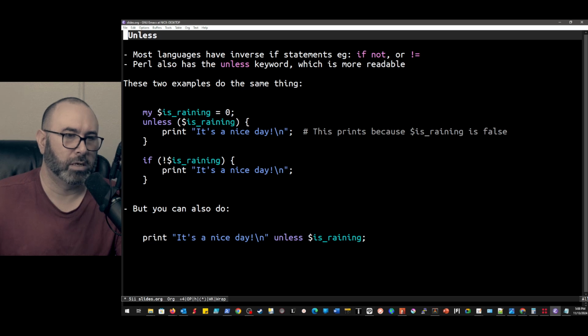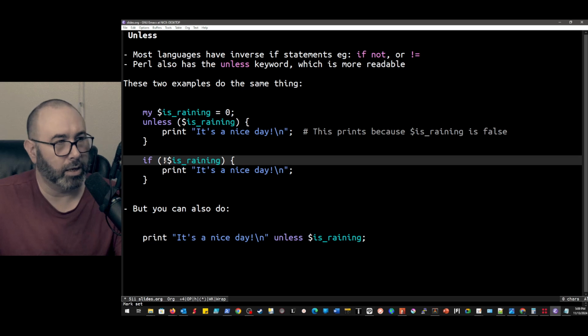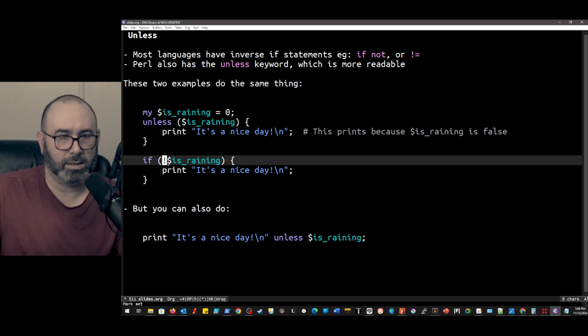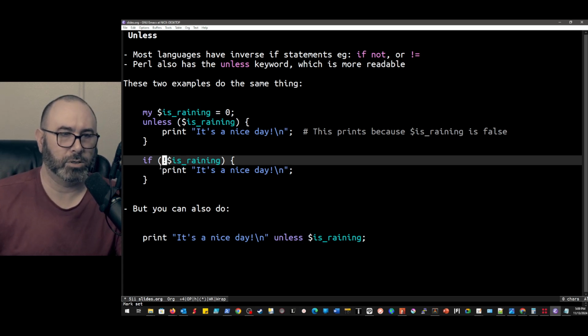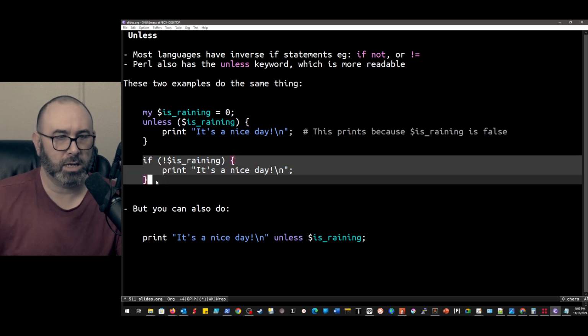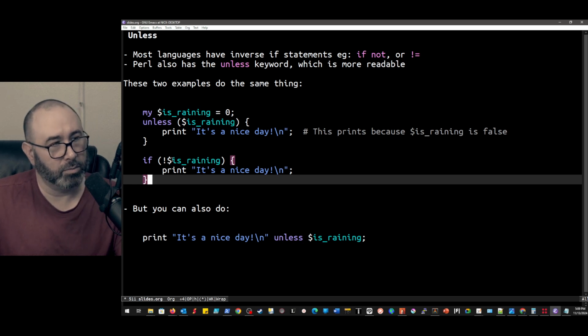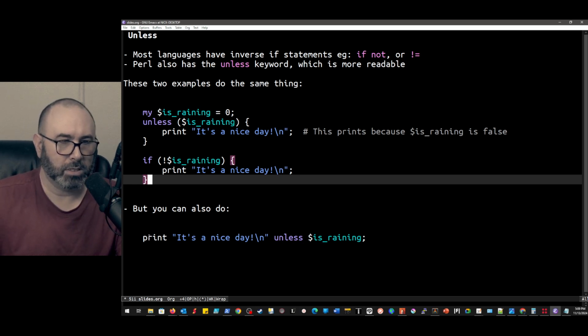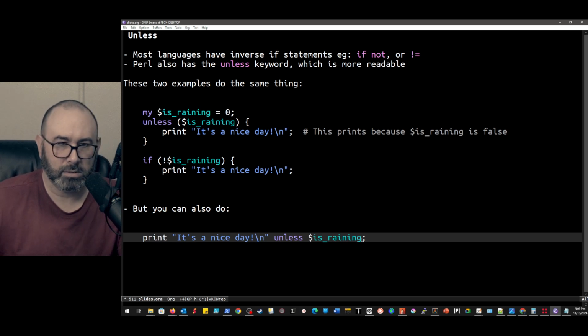And then we also have the more standard way to do it that you would see in most languages, which is you use an exclamation point, or bang, to negate, right? So this is testing not true, right? And that's fine too. You can do that. And if I was using an if statement, as you see here, I probably would favor the second variation because to me, this would probably be easier to read if I'm coming from a different language, right? But in this case, this example here, where print it's a nice day unless is raining, well, that's quite nice.